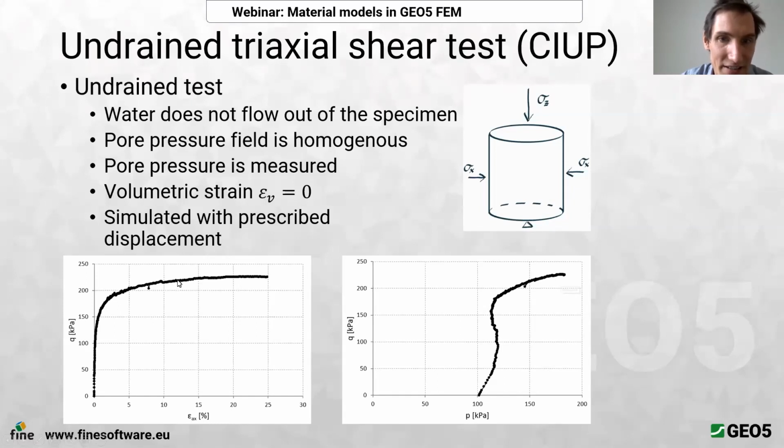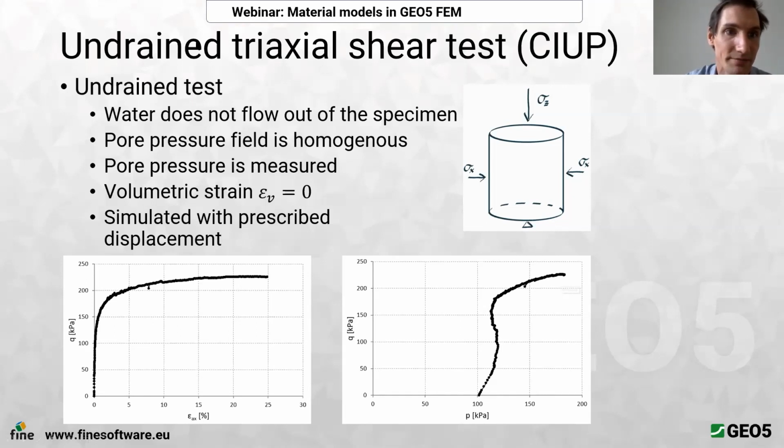These results, as I said, are for undrained conditions, but these are typically drawn in terms of effective stresses. The advantage when compared to the drained test is that you can perform this test on clay samples, and because the water does not have to flow out of the specimen, it can be performed